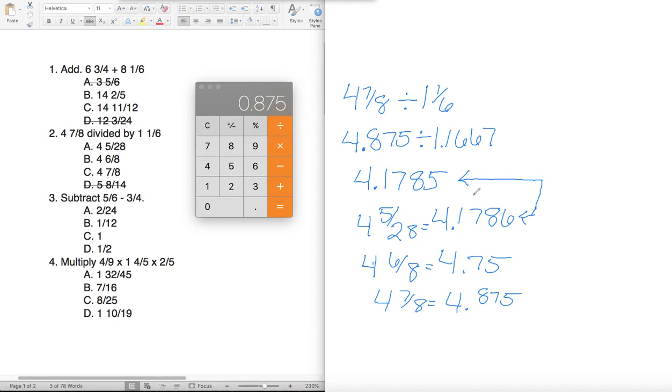Okay, so here's a case where you're not getting an exact match, but if we had only gone out to 3 decimal places, it would have been a better match, 4.179. At any rate, if you get something that's really close and it's only varying in the last decimal place and you've gone out to 3 or 4 decimal places, then that's your answer. And it's okay that it doesn't exactly match. It's only because of rounding that it's not matching perfectly. So here the answer is A, 4